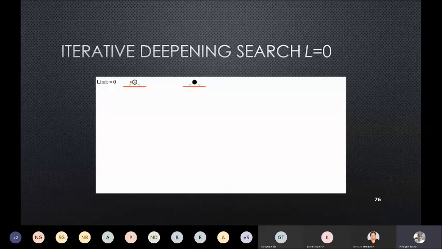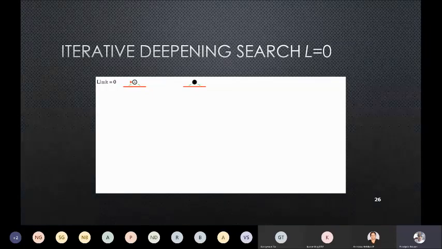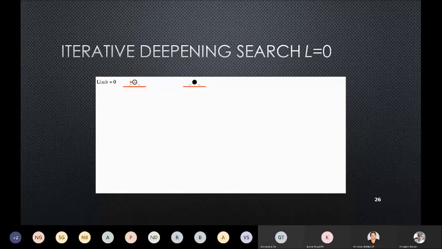The principle is very simple. What is good about breadth first search? Across a breadth, it will explore all nodes and it will not go down a particular branch without knowing whether it is an infinite branch or whether it is a loop. On the other hand, what is the benefit of depth first search? That it has linear space complexity. So here we will combine both of these together.